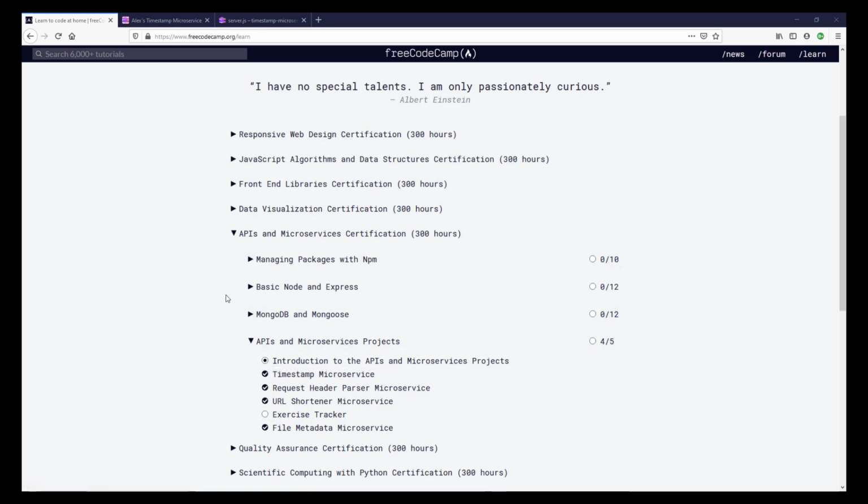Now this project is the first of 5 that you need to complete in order to get your APIs and microservices certification from FreeCodeCamp. I do recommend that you do all of these challenges before you move on to this tutorial, and also that you give this project a shot before you listen to this tutorial, because the whole point of doing all this FreeCodeCamp